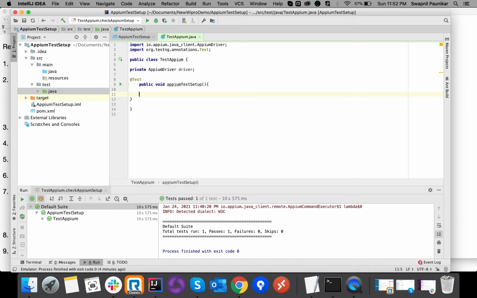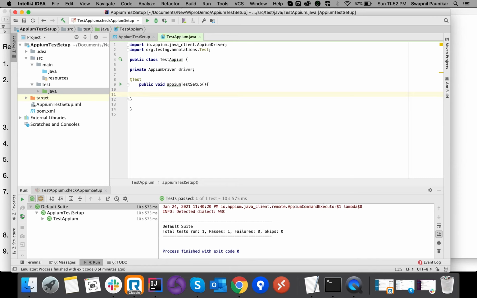So what are those basic capabilities? That would be platform name, platform version, UDID of that device, then app activity and app package of that application, and automation name, whether it is for Android or iOS. Those are the capabilities we have to provide, guys.